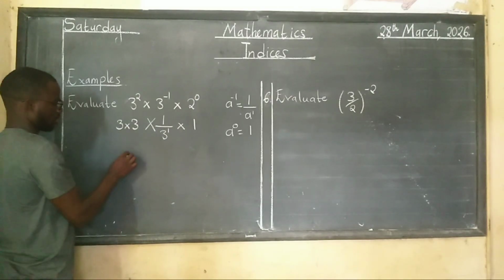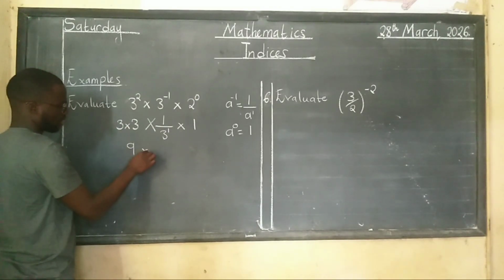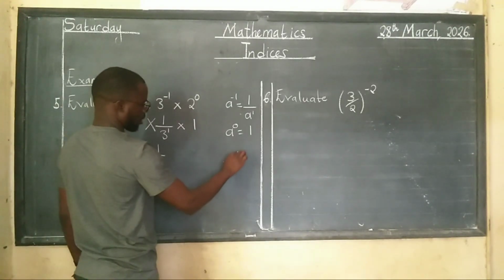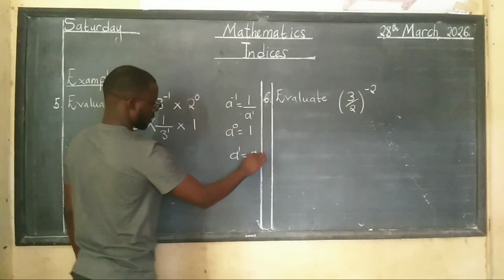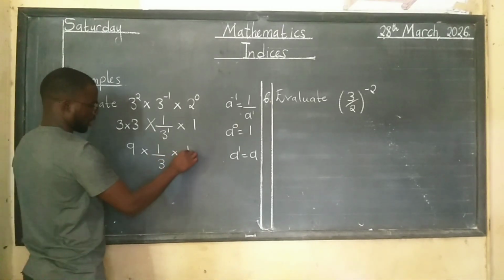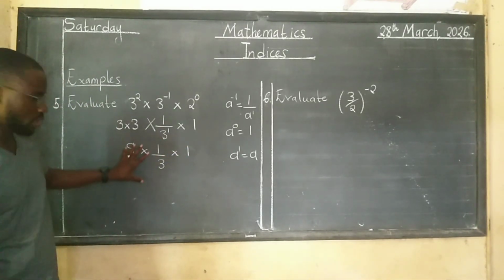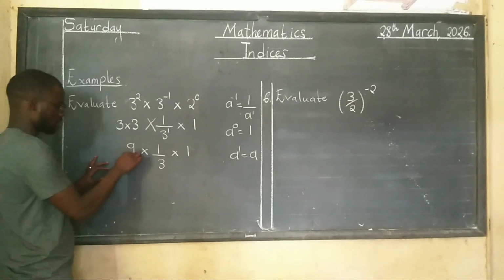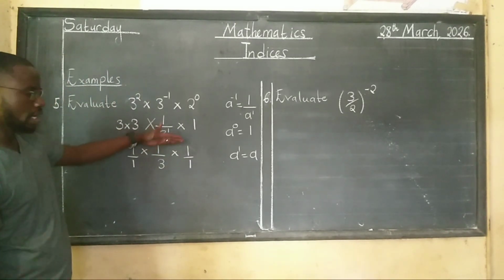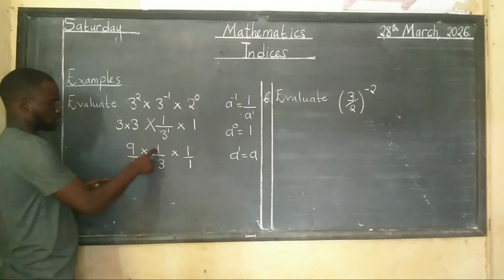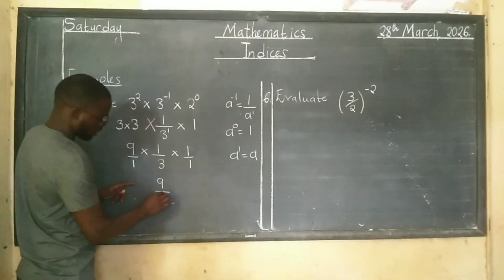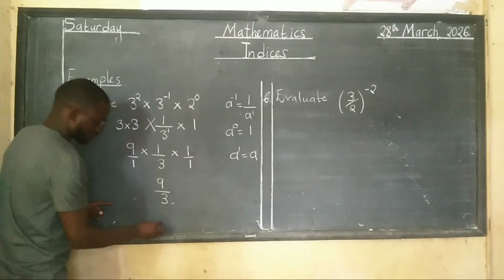3 times 3 will give us 9 times 1 over 3 to the power 1. Any number to the power 1 is a number itself. So this will just be 3 times 1. Now, to equalize this, to make this look good, I can put the 1 down here and the 1 down here, so they all have a numerator and a denominator. 9 times 1 times 1, 9. 1 times 3 times 3, 3. 9 divided by 3,